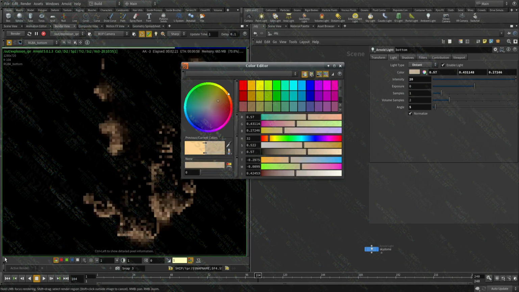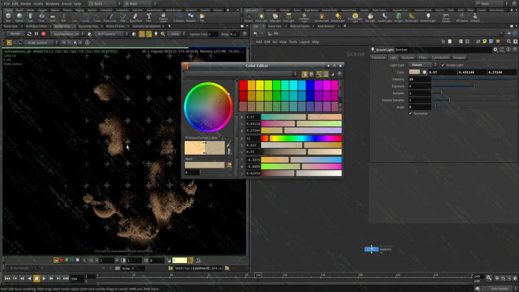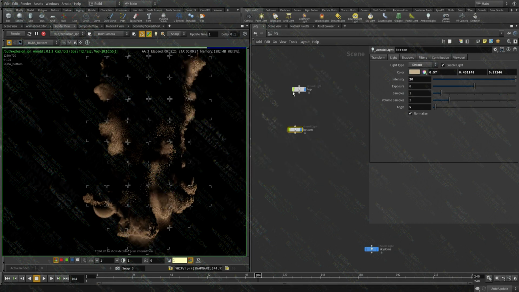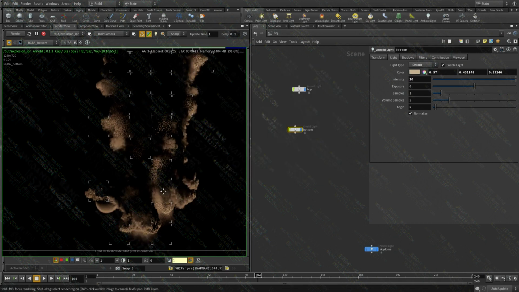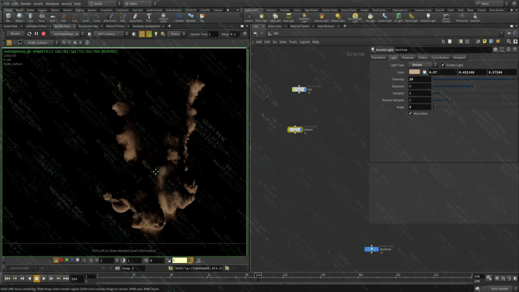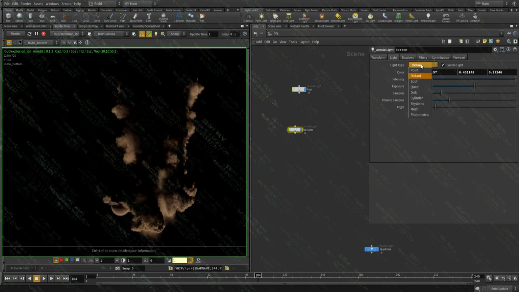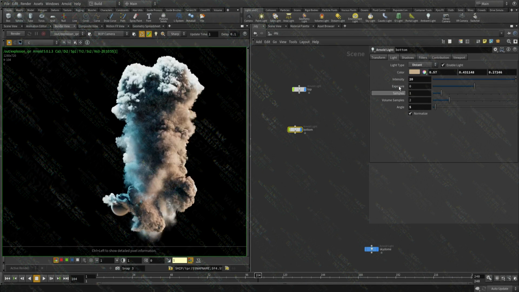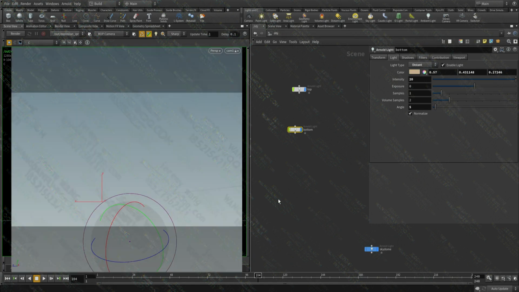As if there is a lot of light bouncing off the ground and hitting the explosion, but it's not uniform. It generally decays, so we need to change the type instead of distant, which is uniform. We need to change that to something that has decay.